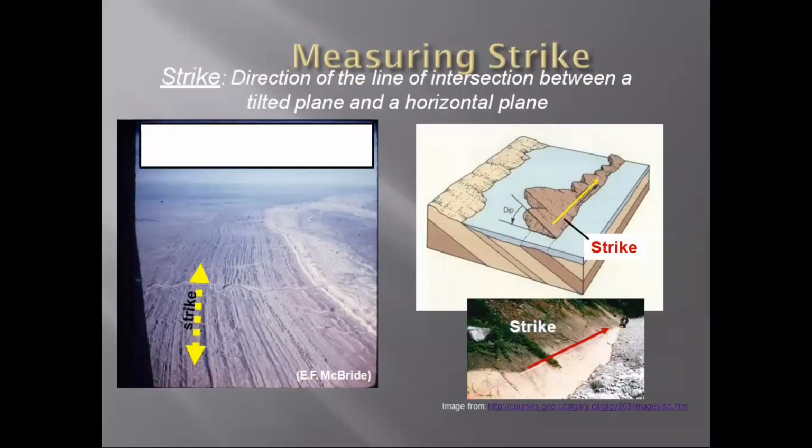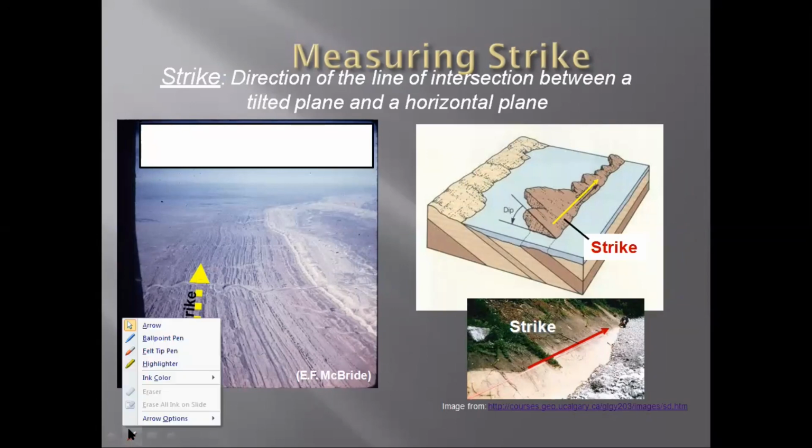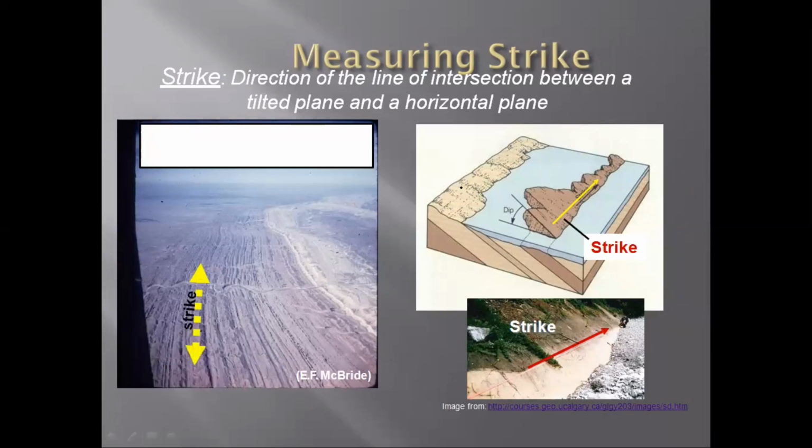Extending, and in the direction in which you find the same similar rock, just like if you walk in this direction, you will find the same rock unit. Like for example, try to draw the, we move from here to here, we will find the same rock type. That move means you are moving along the strike.